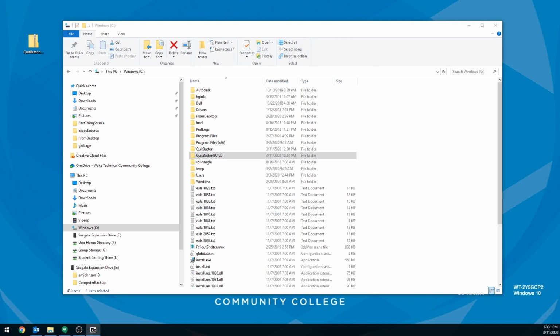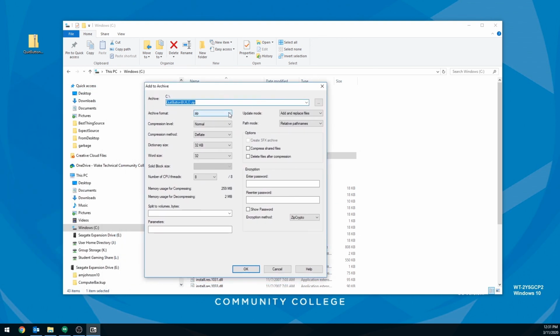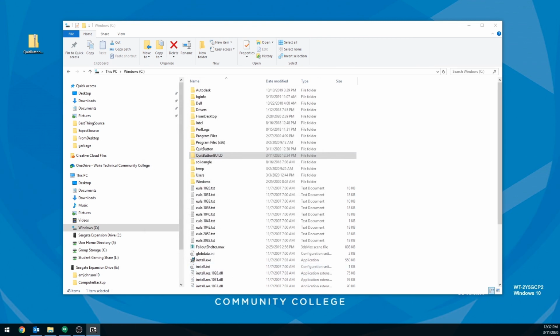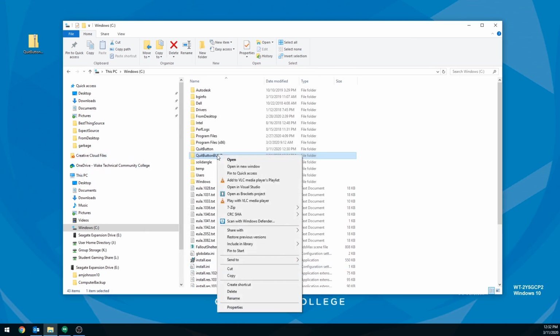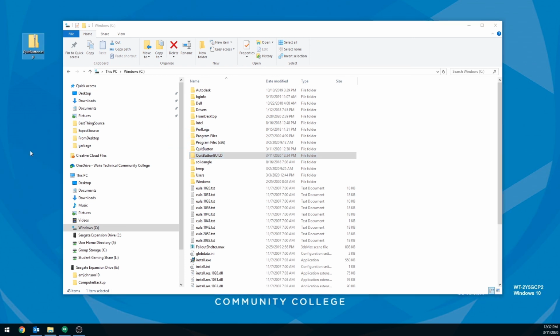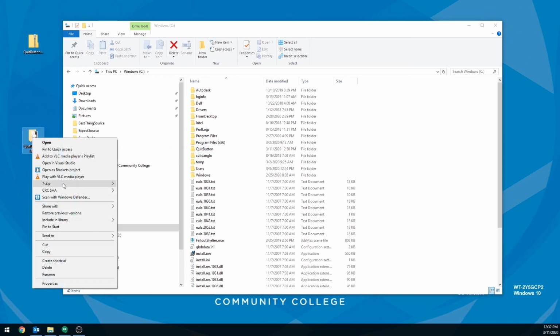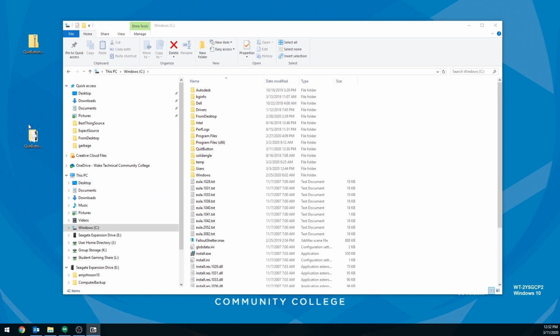And you do want to make sure that if you use 7-zip, you choose a zip format. Don't do 7z, because that's specific to the program. We always want to do a zip. And once we do that, we click OK. And it's having an issue, because why will this not zip? Let's just do it this way. Let me move this to desktop real quick. Add to archive